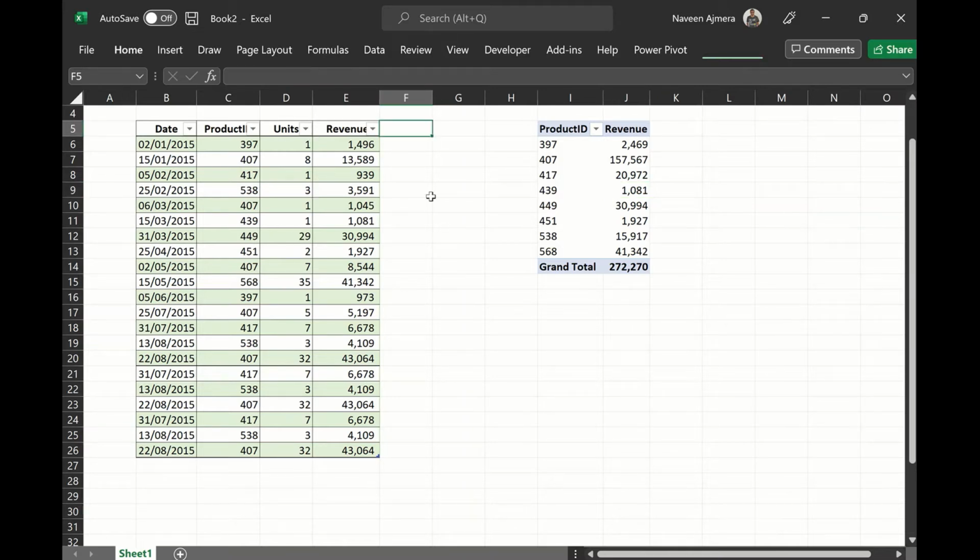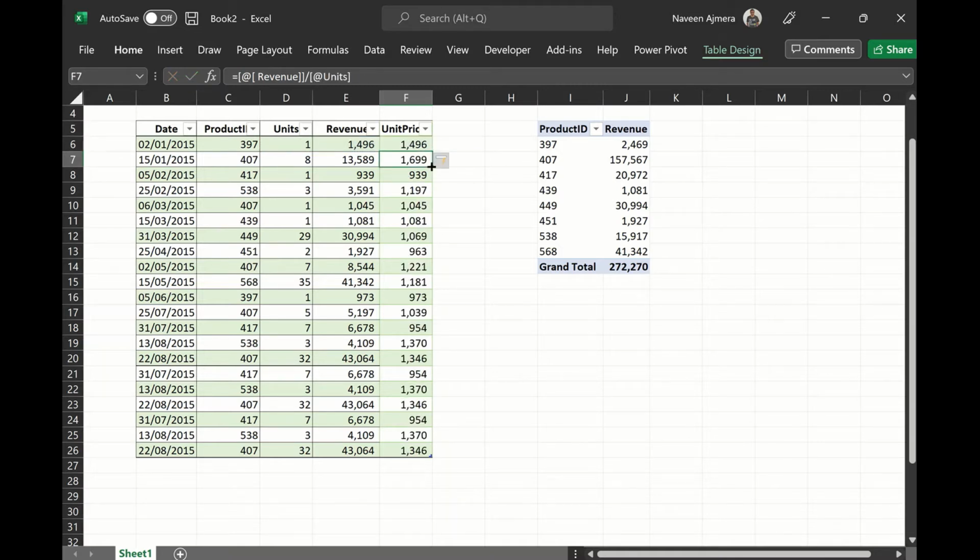If I need to create an additional calculated column in the table, let's say here unit price, which will be a division of the revenue column by the number of units, I can simply write this formula selecting these two cells in the division formula.